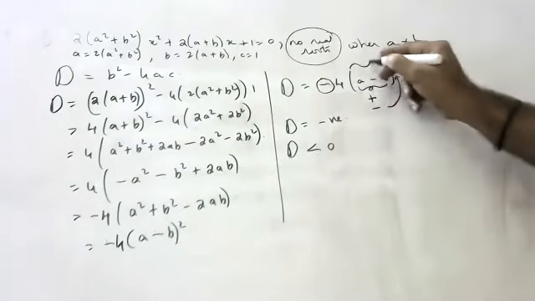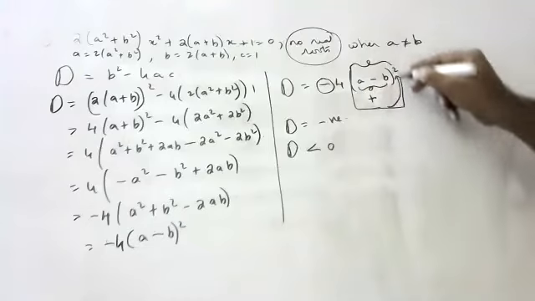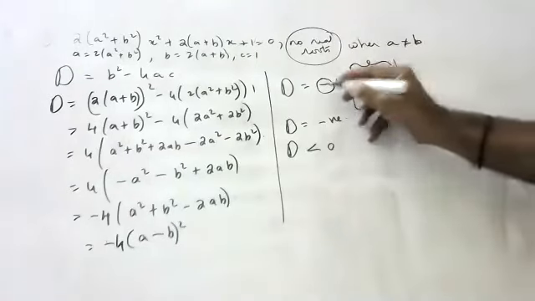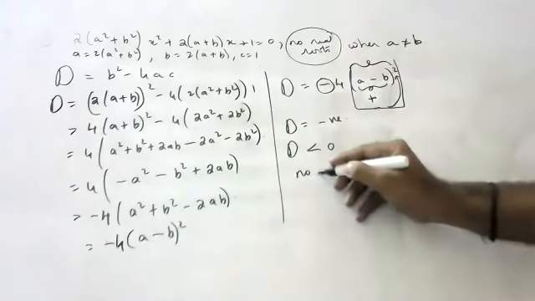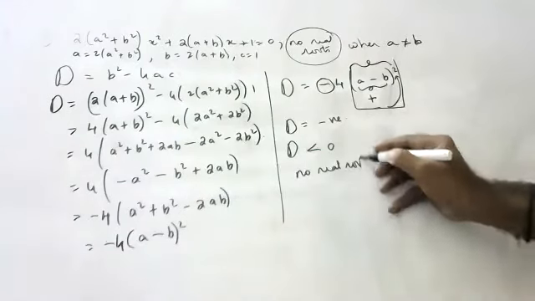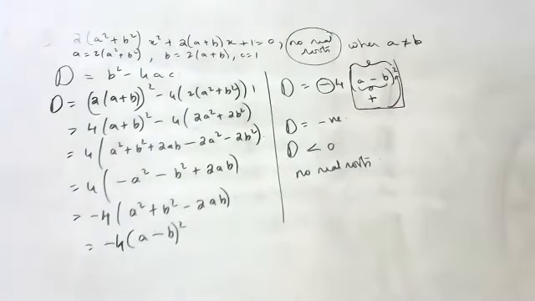Because this is anyway plus only. But here minus is there. Negative discriminant means no real root. Simple logic, children. No real root. Like this you do in the exam. I'm telling you, nothing else. You have to understand the concept. Those who didn't understand the concept, last one sum I will tell you now. After this, we'll stop. One more, like this only, one more sum, children.